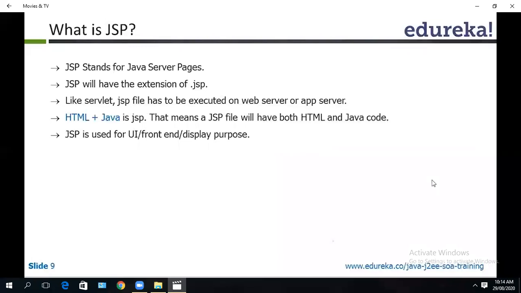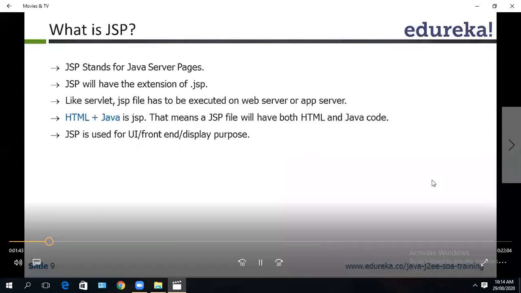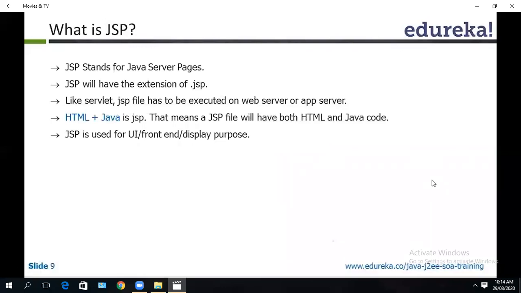Java has the .java extension, XML has .xml, and JSP has .jsp as the extension. JSP is nothing but a servlet only. You will come to know in a short while what JSP is.